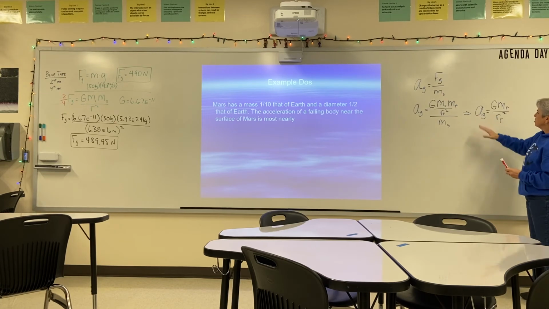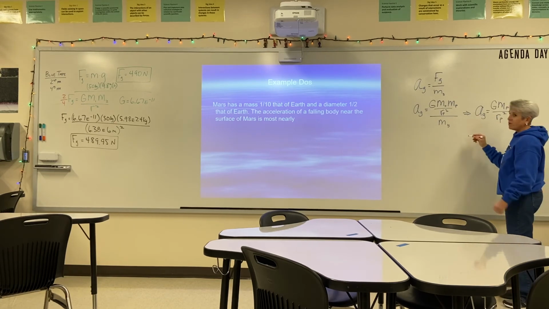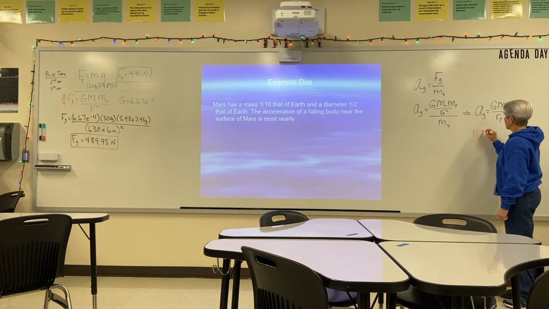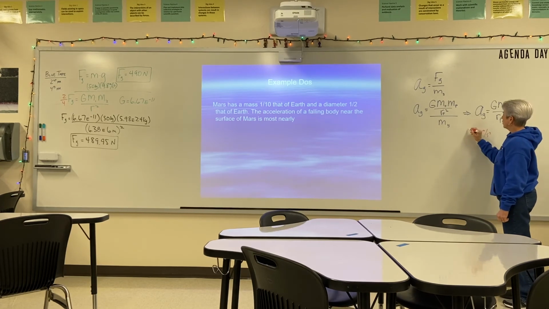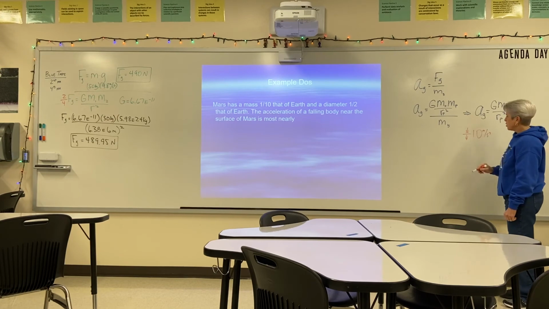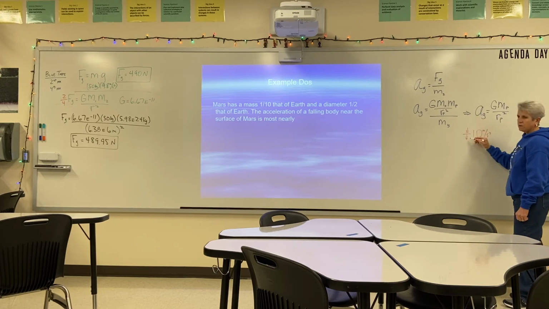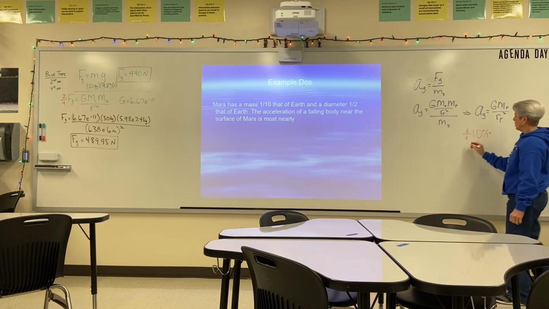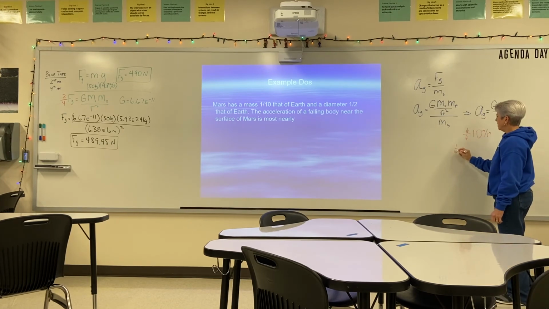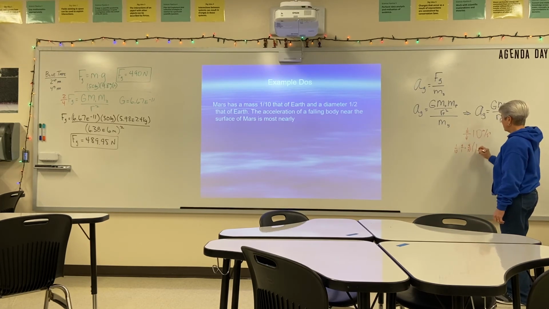So what happens to AG? AG, which is 10 meters per second squared, is our acceleration due to gravity on Earth. This gets a coefficient of 1/10 in the top and 1/4 in the bottom. So I have a fraction over a fraction, and so you know when we do that we have to invert and multiply. So this becomes 1/10 times 4 over 1. So this becomes 4/10 times gravity,